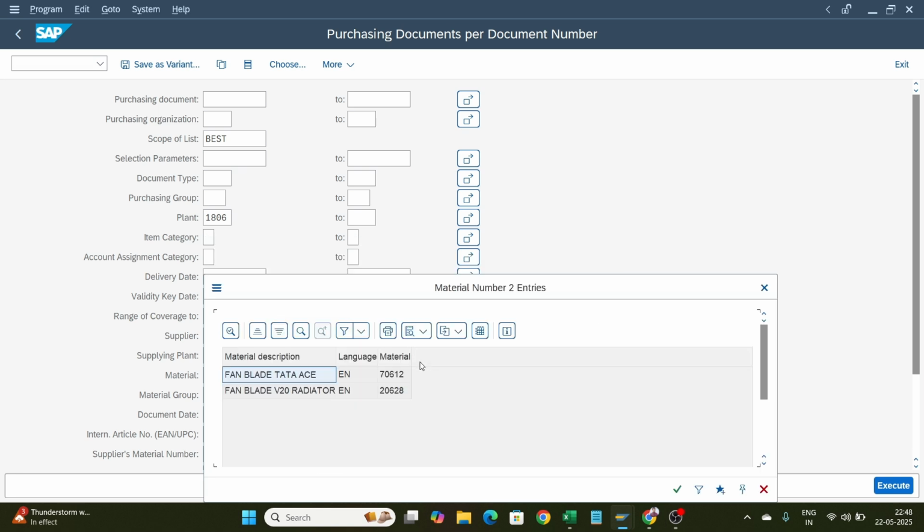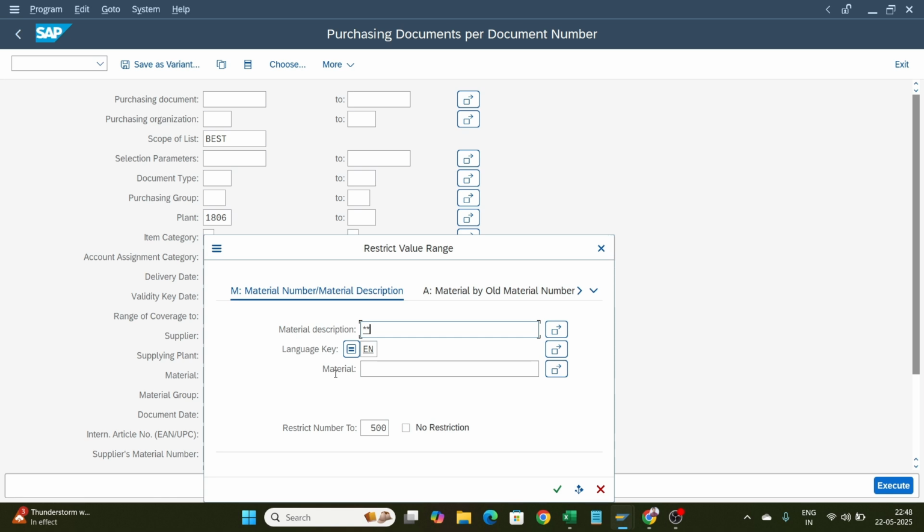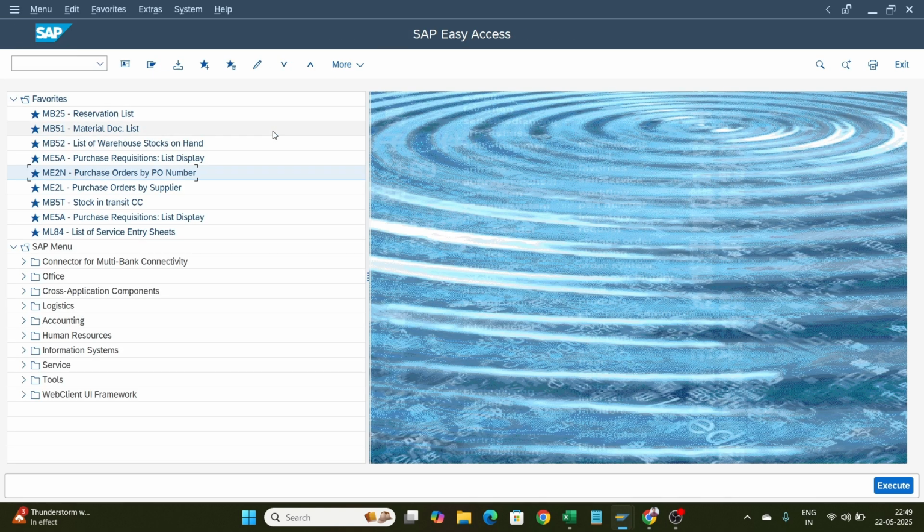Okay. Fan blade. I will check if I have a PO. No, I don't have a PO. Okay. I need to. Okay, let it be. But if you have any particular material, you can just directly enter. Okay, I will just simply check with the